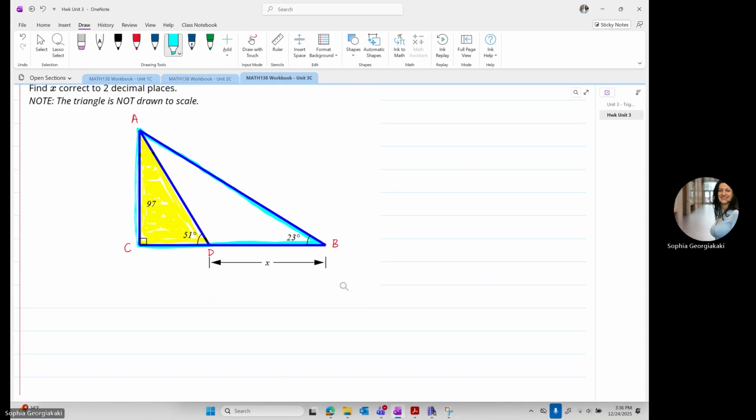And neither of them has x as a side. However, x can be found if I do the math